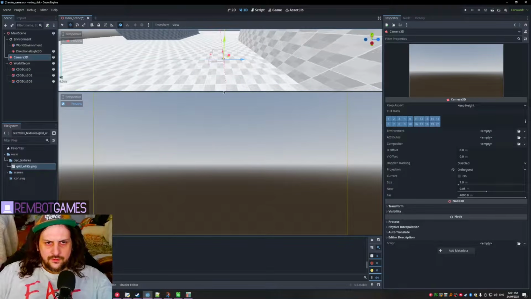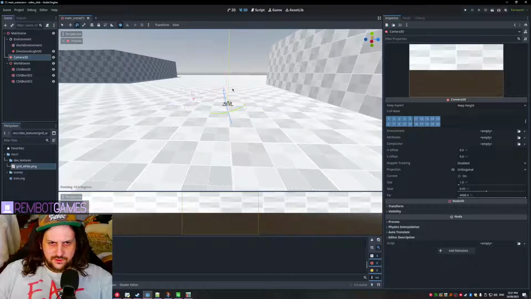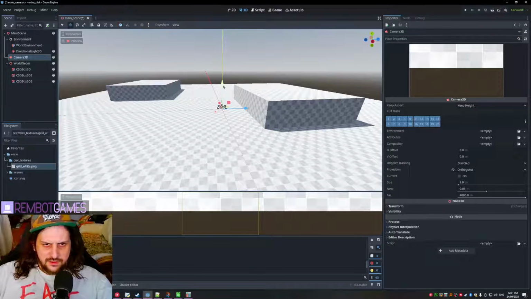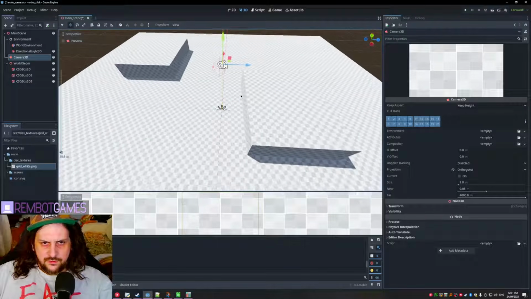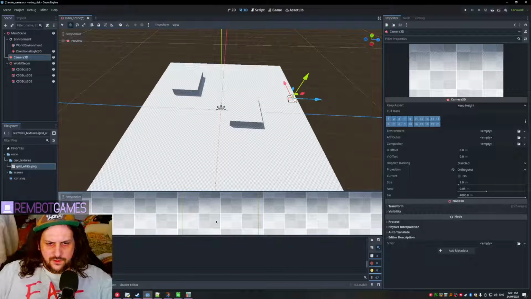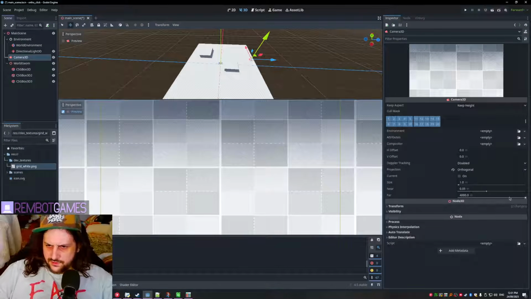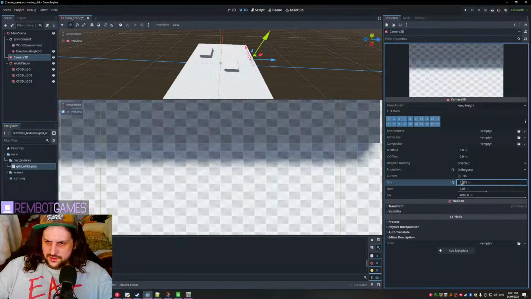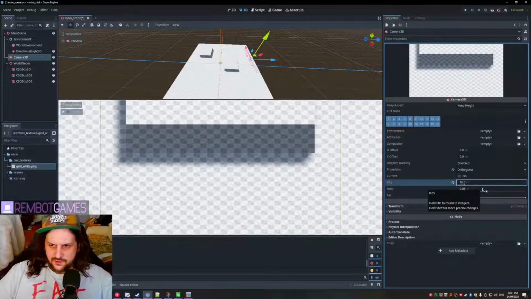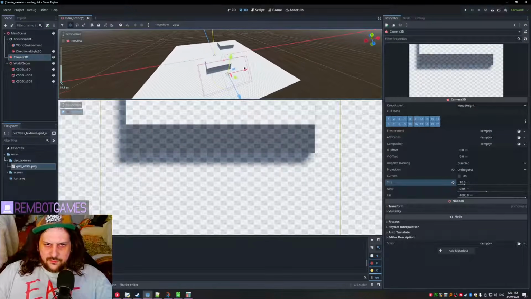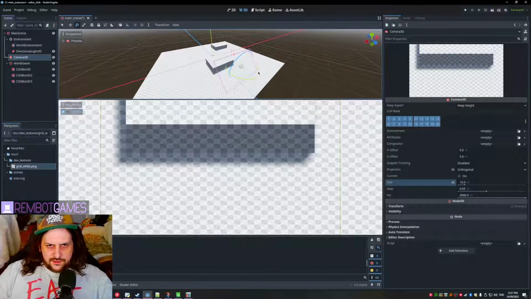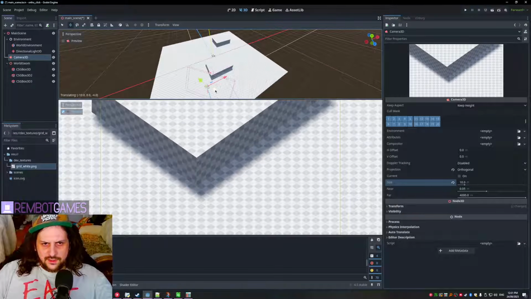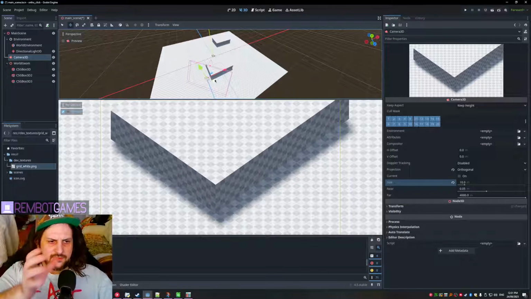Okay, so where I want to move this is actually quite specific. So I'm going to rotate it down 45 degrees. I'm going to hit T to make sure we're in global. I'm going to move it up a little bit, and then I'm going to move it over. Now, we need to see what this looks like. Now this size we actually need to increase, because we need to set the size to something. We'll just go 10 meters for now, right? And then I'm going to rotate it on its other axis, so on the Y axis, and I'm going to do it 45 degrees. And now you'll see we're actually at an isometric